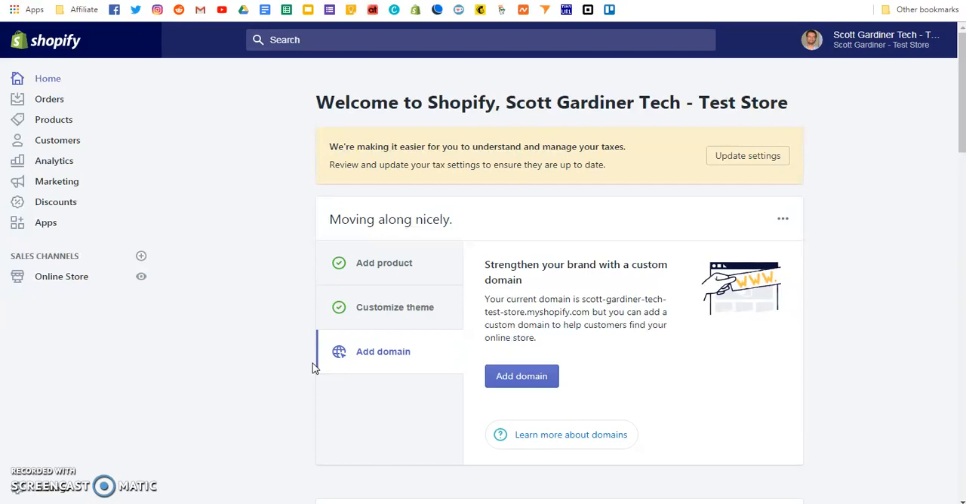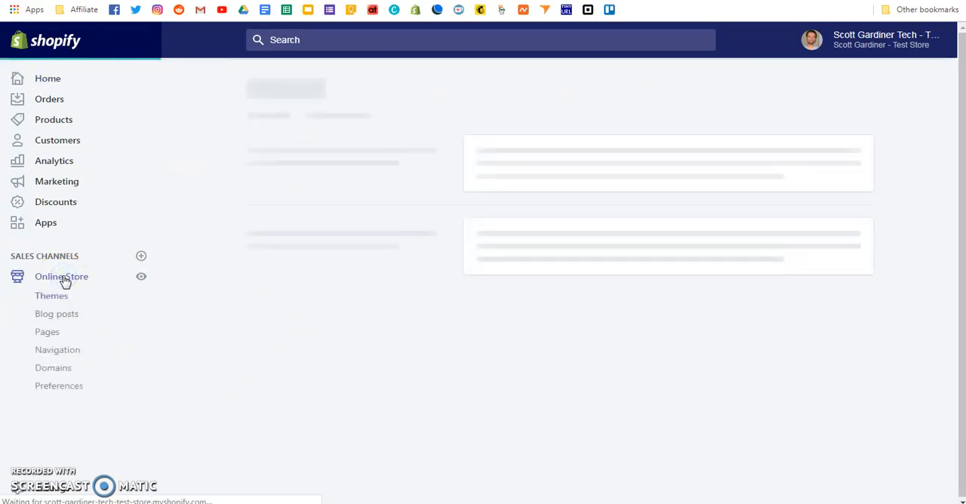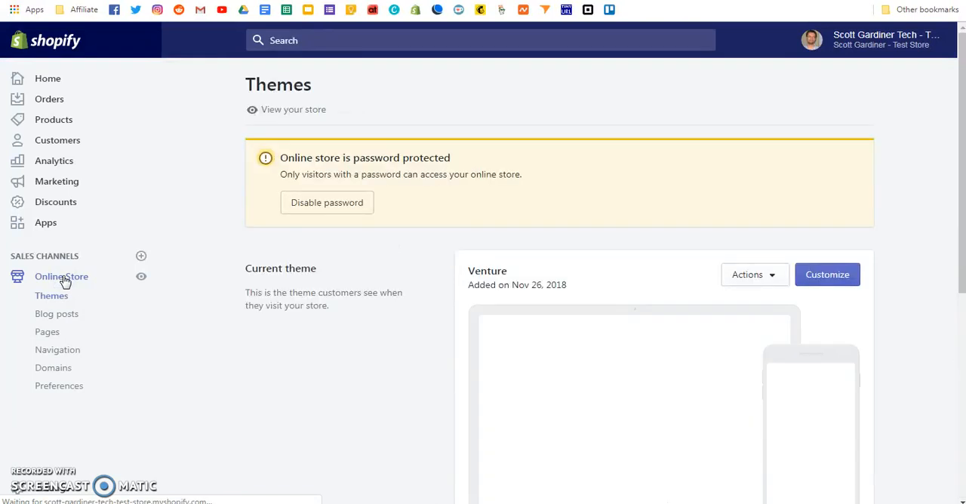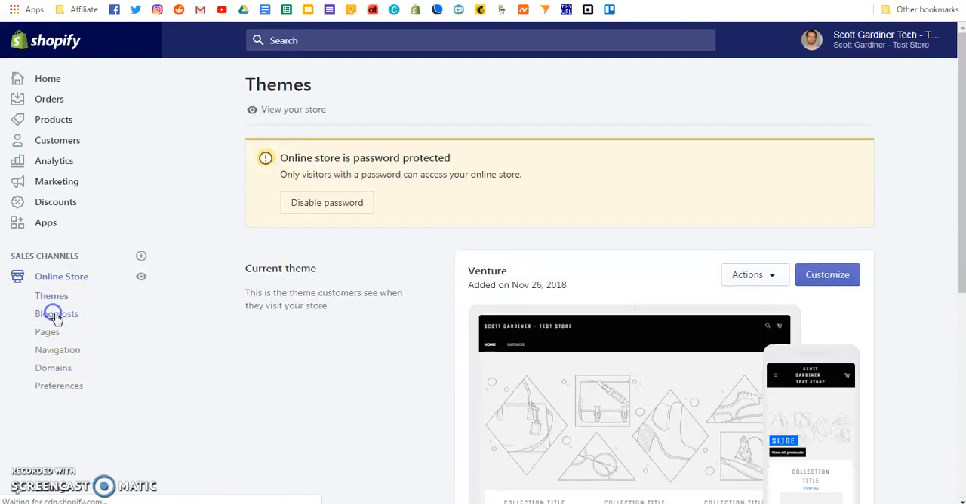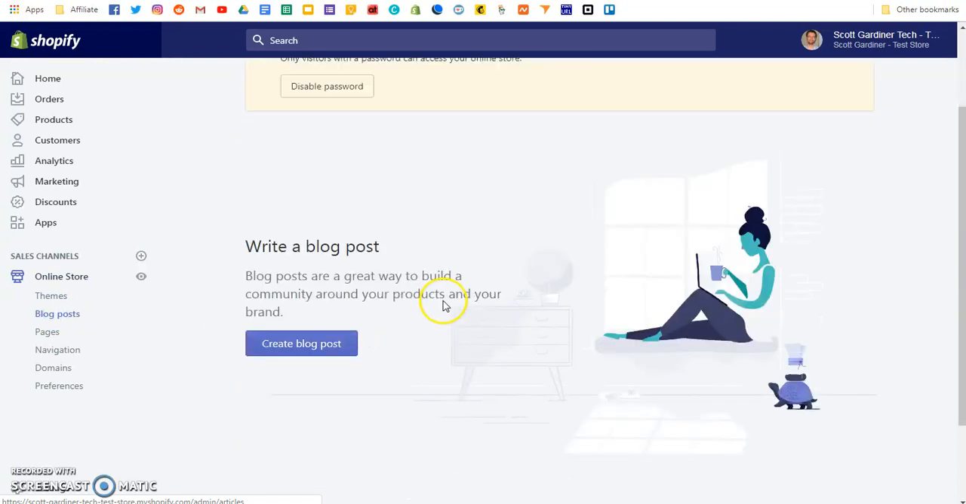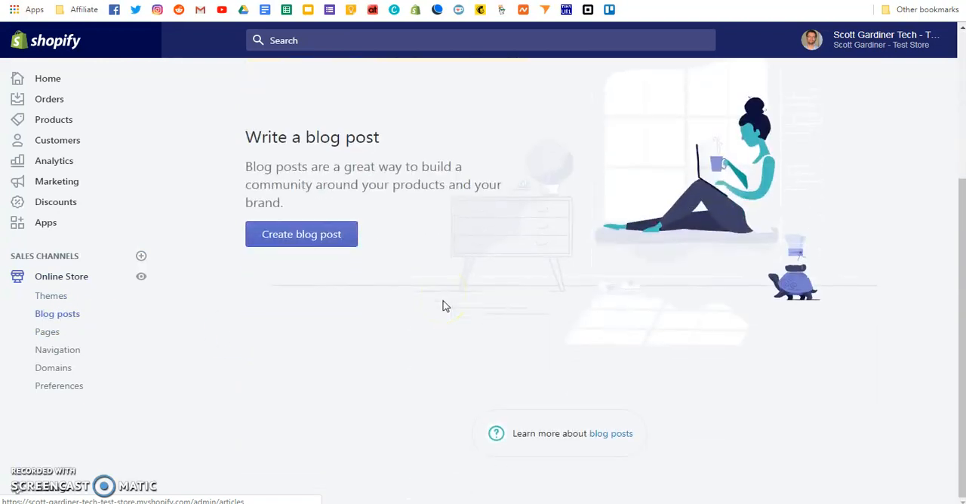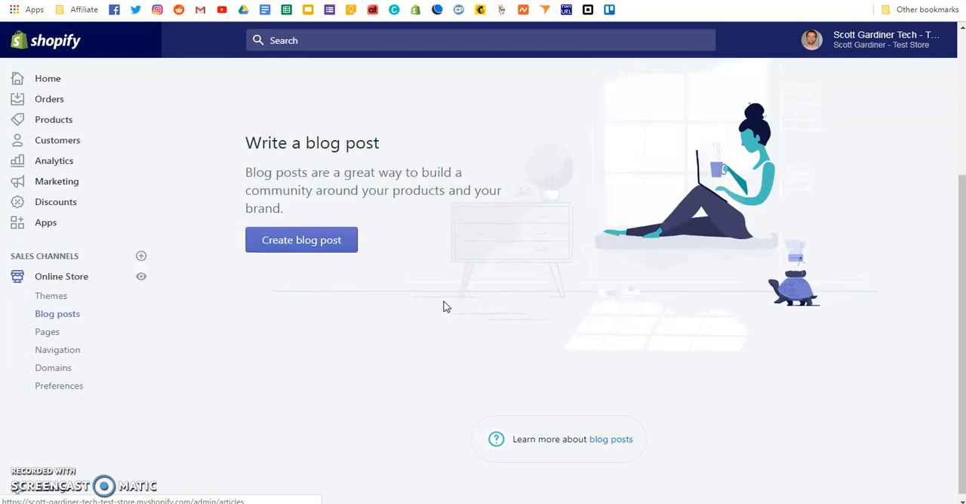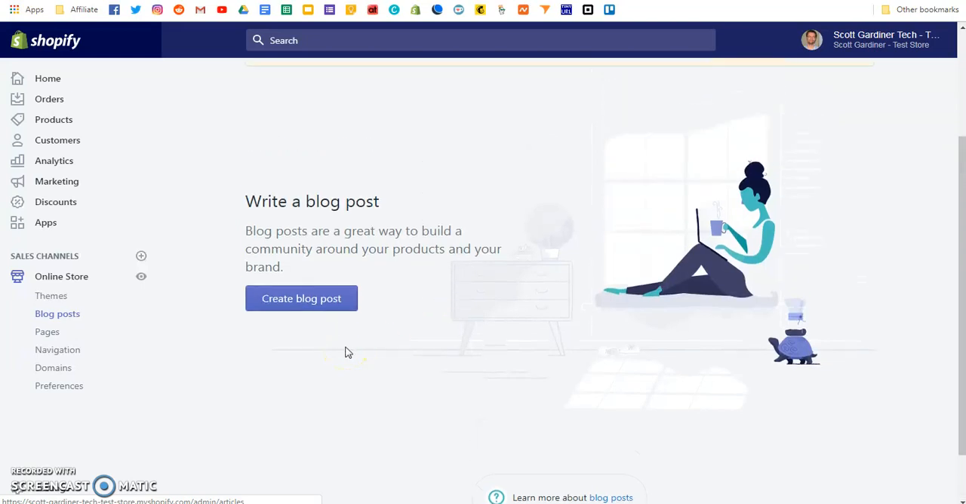So let's get on to it. We're in our dashboard here. We're going to go to Online Store, and then we're going to go to Blog Posts. Okay, so now we can create our blog from here. And then what we have to do after that is we have to add the blog link to our navigation menu. What I'm going to do is I'm just going to create a simple